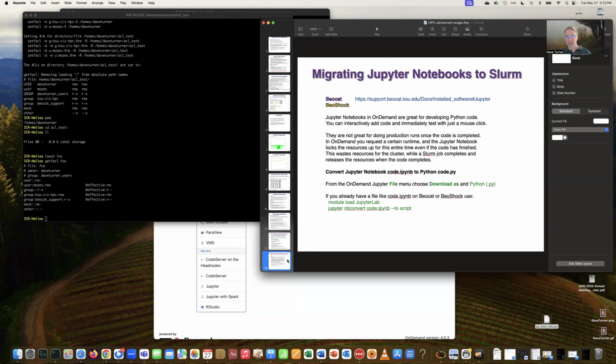Okay, the last thing to cover is migrating Jupyter notebooks to Slurm jobs. Again, Jupyter notebooks are great for developing code because you can literally type something in and hit run and see the result, or see maybe that you did something wrong and correct it right there. So you get instant feedback and you develop things one section of code at a time. So they're very useful for developing things, but for actually running code in a production environment, they're not so good,